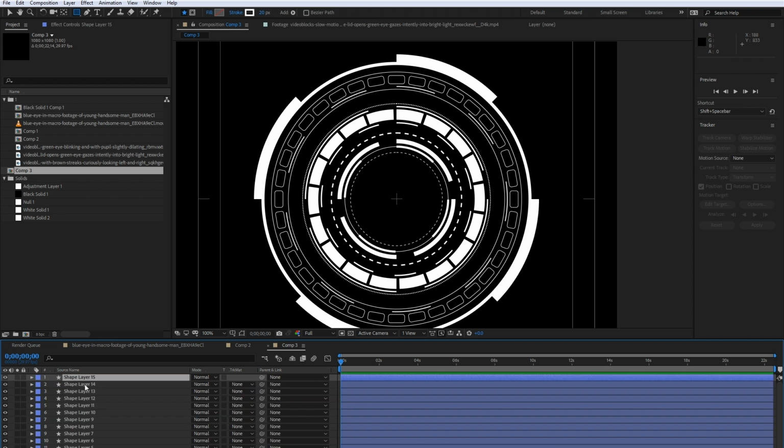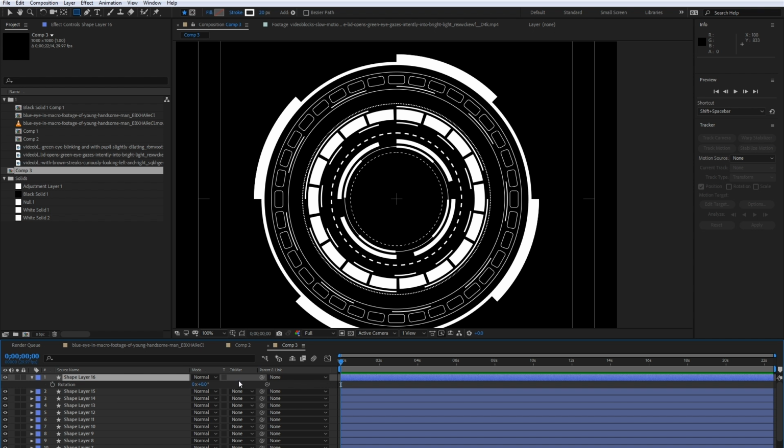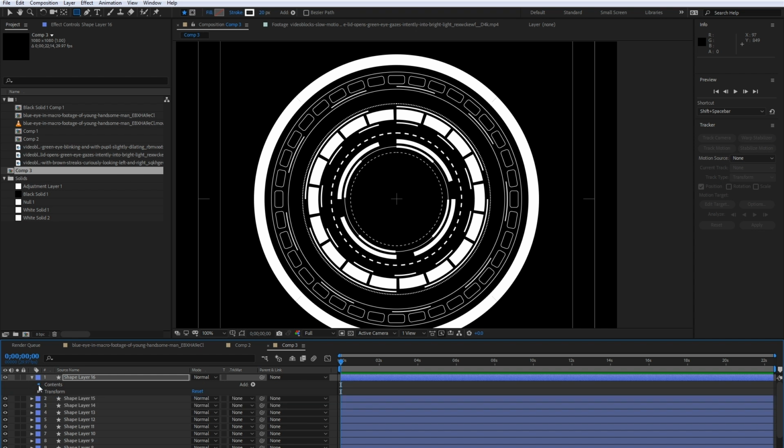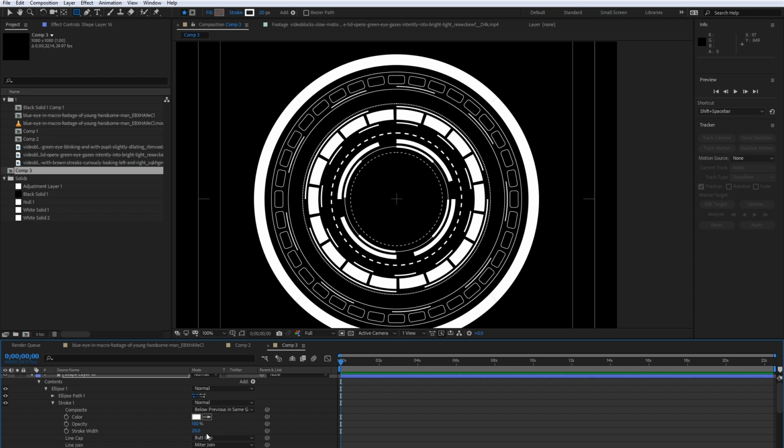I will make a copy of this whole thing, and let's go to the contents. I'm going to offset the rotation of this whole layer. So let's go to about here, just right up until the point it closes up the gap. So 45 degrees, and that just lined up nicely there. Okay, and in here we want to go to the ellipse, and let's put the stroke down to, let's say,